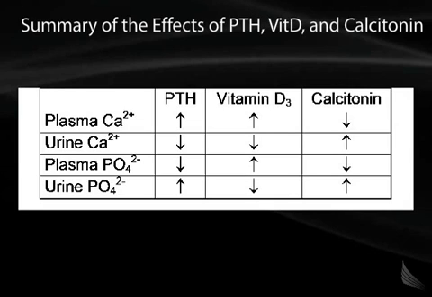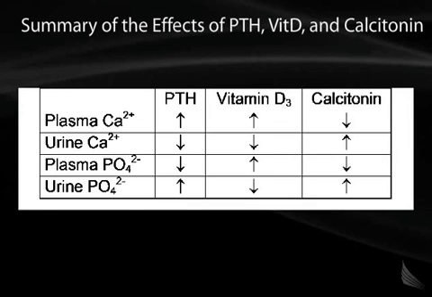In terms of the urinary regulation, both PTH and vitamin D3 decrease urine calcium, whereas calcitonin increases urine calcium. And finally, PTH increases urine phosphate excretion, whereas vitamin D3 decreases urine phosphate excretion, and calcitonin, like PTH, also increases urine phosphate excretion. But the important points to remember here are that there are 3 hormones: PTH, vitamin D, and calcitonin. And all three of them are responding to serum calcium levels to try to maintain calcium in the homeostatic